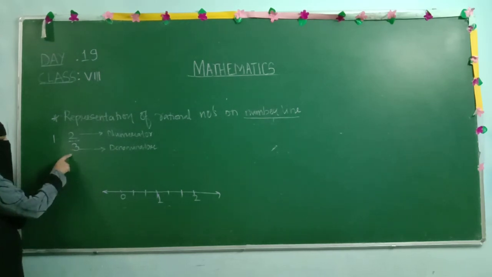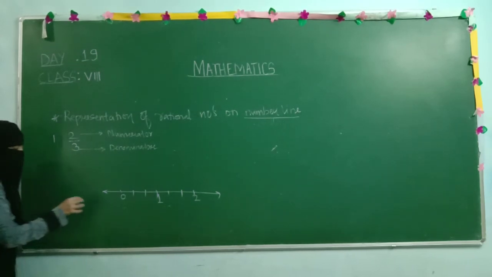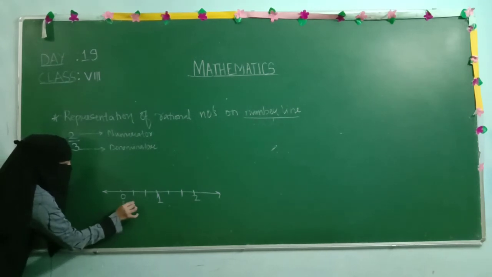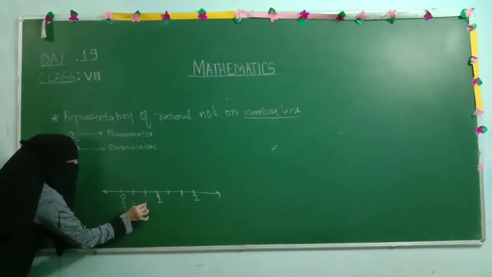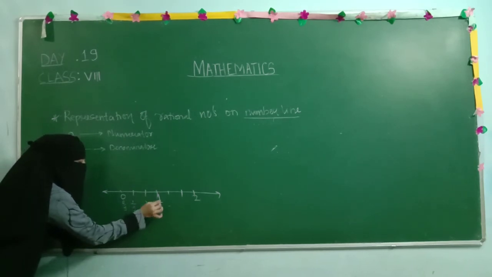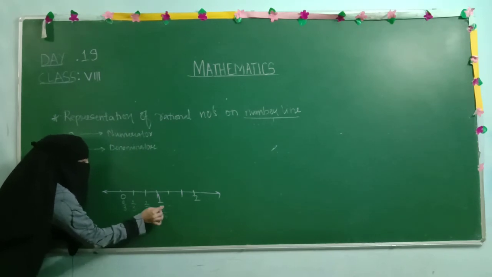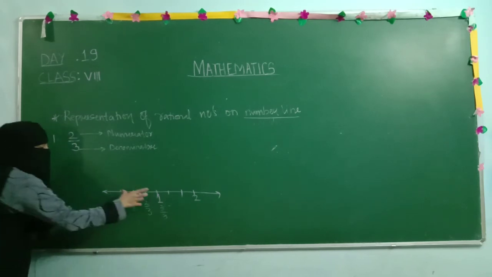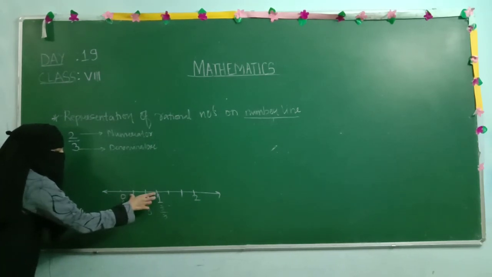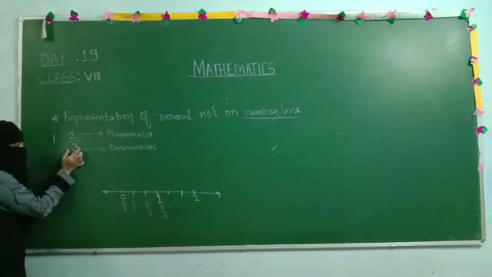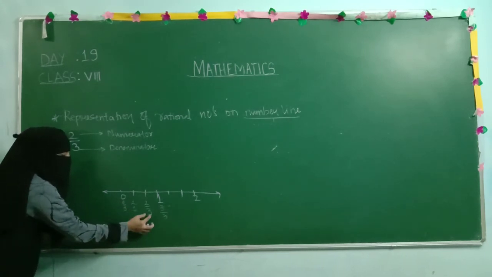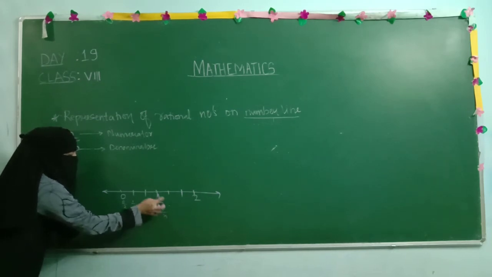Whatever number is given, we need to start with 0. 0 by 3. After 0 what comes? 1. So this is 1 by 3. This one is 2 by 3. This one is 3 by 3. 3 by 3, when it gets cancelled, gives again 1. Is that clear? So 0 to 1 is a complete 1 unit or 1 centimeter. This 1 centimeter, based on the denominator of the given number, we have divided into 3 parts. So 0 by 3, 1 by 3, 2 by 3, 3 by 3. When 3 by 3 gets cancelled, again it gives 1 only.